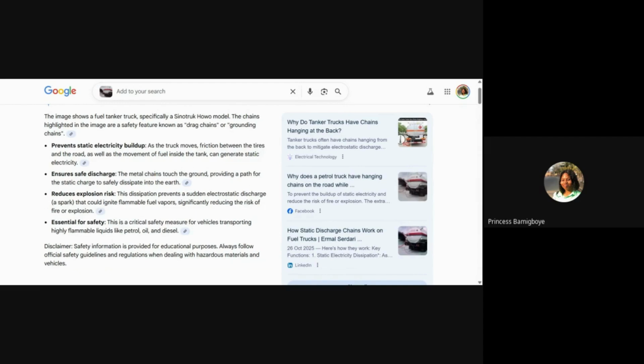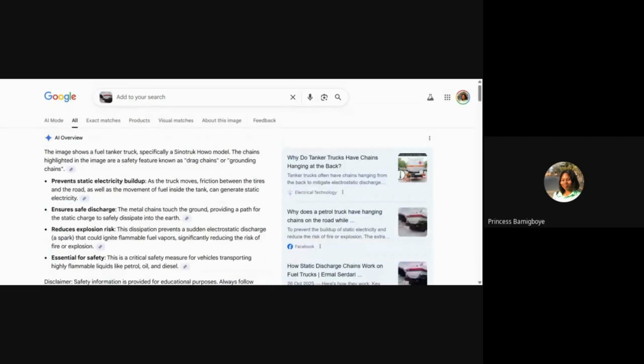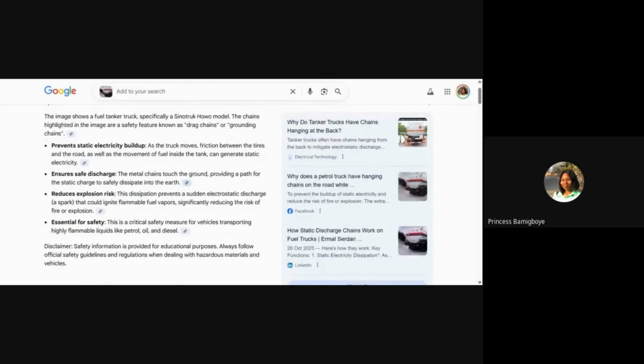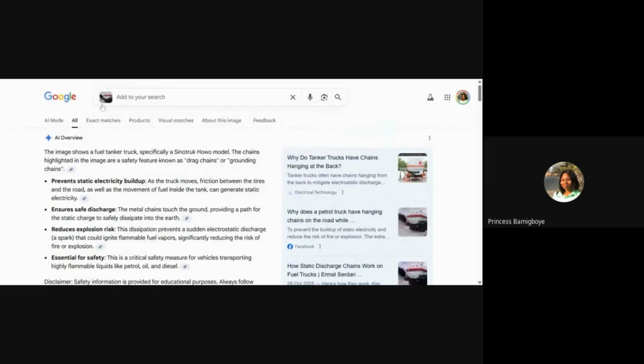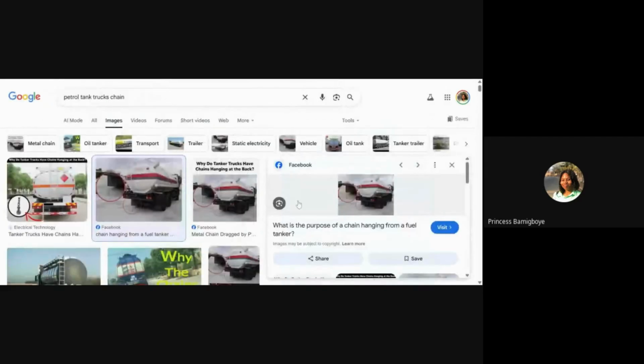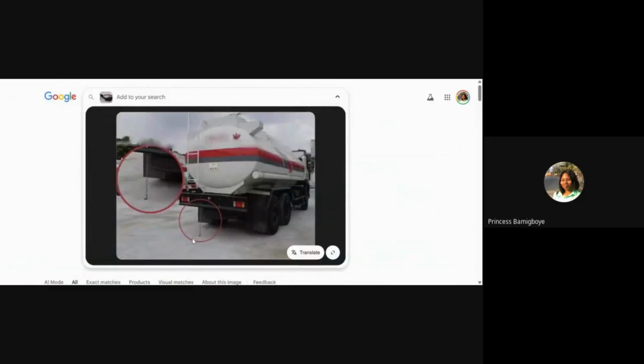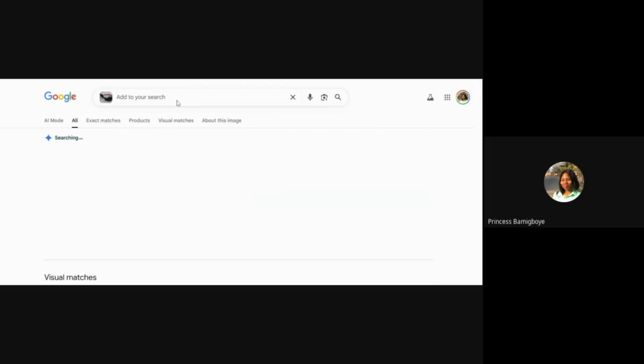You can see that there are other reasons, but this is the main reason that I want to emphasize. If not for this chain, there would be so many cases of, oh, this tank was moving and then it blew up. So this chain acts like a neutralizer for all the charges, because I think the earth is immune to all of this. So when it sends it to the earth, nothing is going to happen to the earth.